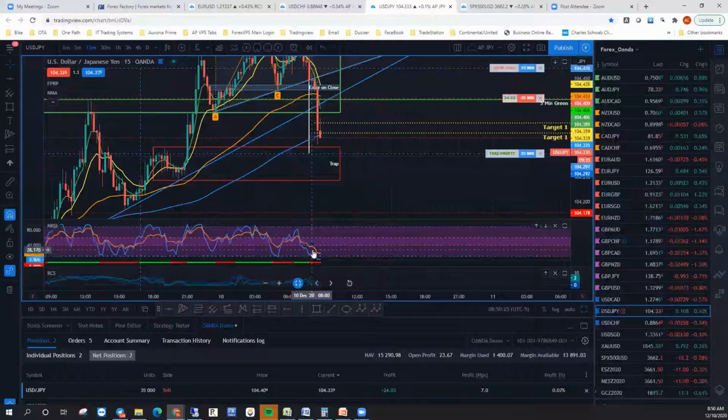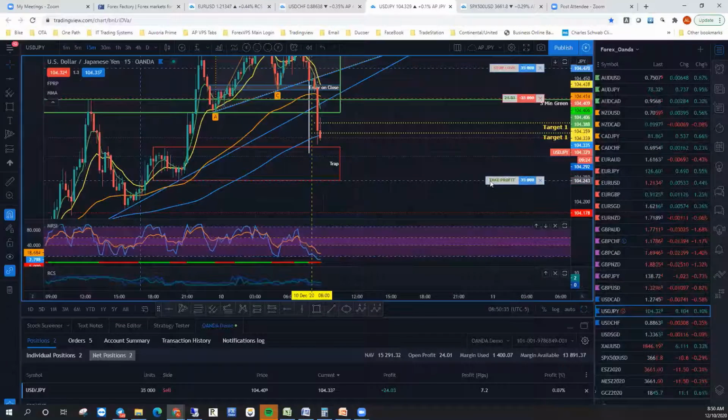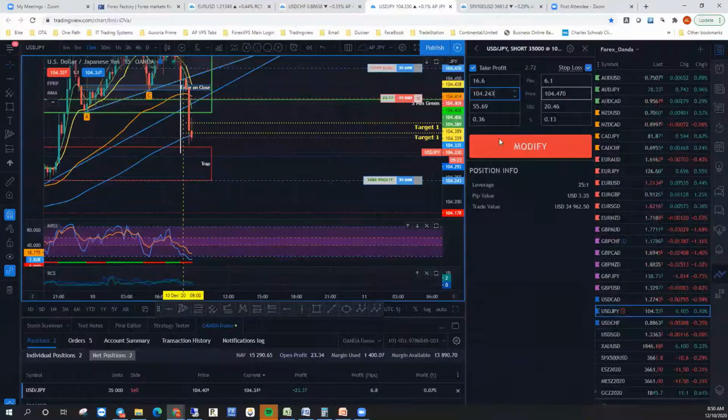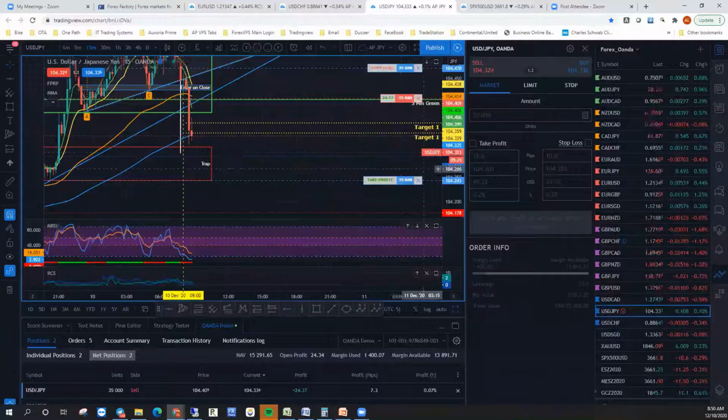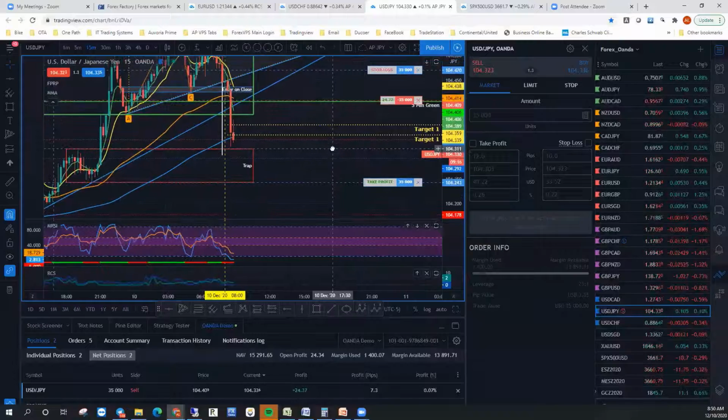And actually right now, until you get this 3-period moving average to cross above the orange one, there's still downward pressure. Let's just see how far we can go with this. Let's just move it down a little bit more. There's 16 pips. We already got our first target. Now we're going to let one run and see how far it goes.